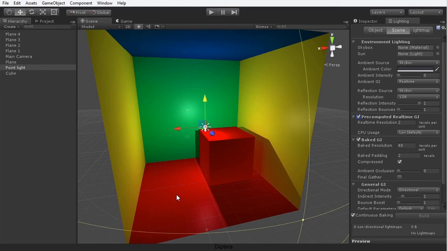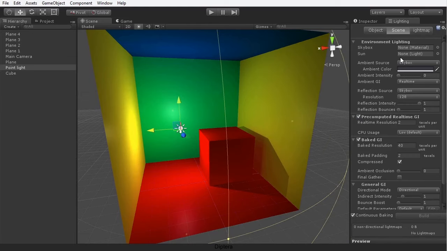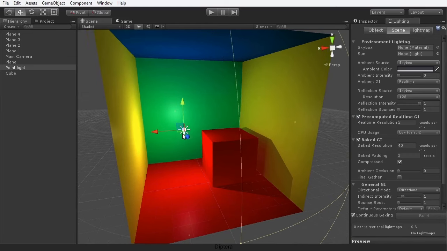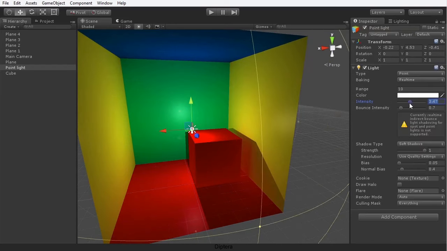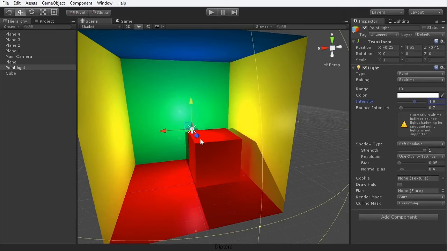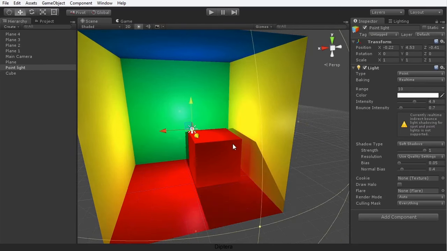The great thing about this pre-computed real-time GI is simply the fact that you can move the light around the scene, for example, as I'm doing here, or you can increase or change the brightness of the light. So I'm just going to undo this and move the light maybe over here and just change the intensity of the light. And you can change all of these settings, and notice that Unity is able to still calculate where all the indirect illumination should be in this level. So you can move the light around, make changes, and still Unity gets the indirect illumination looking right,